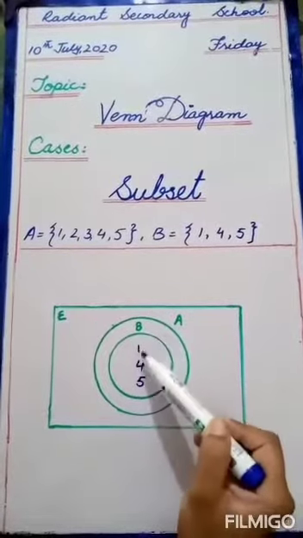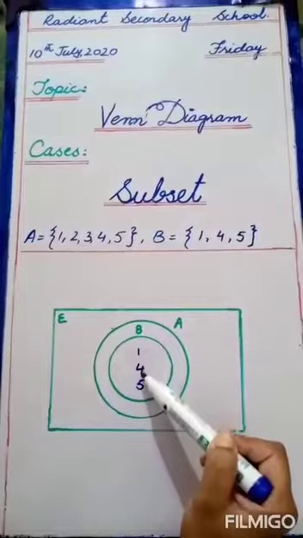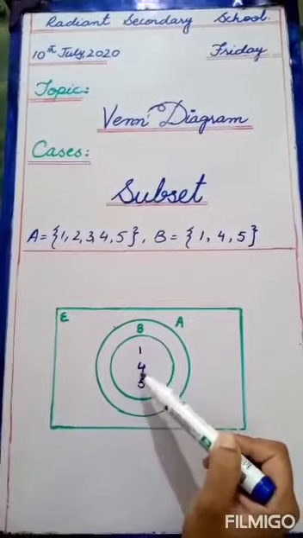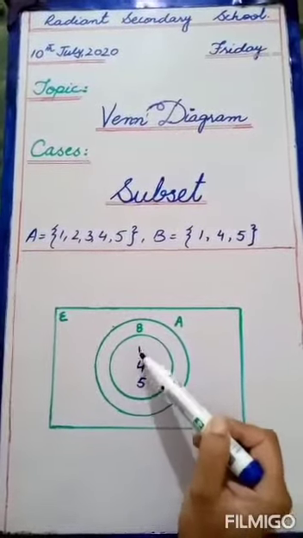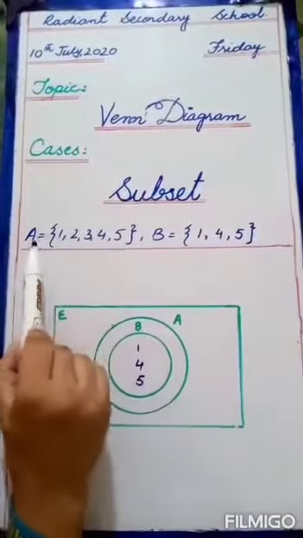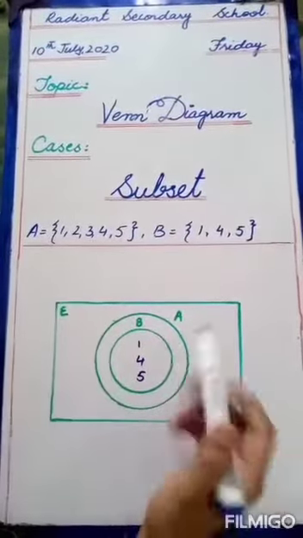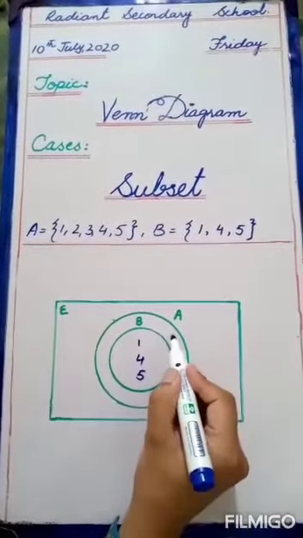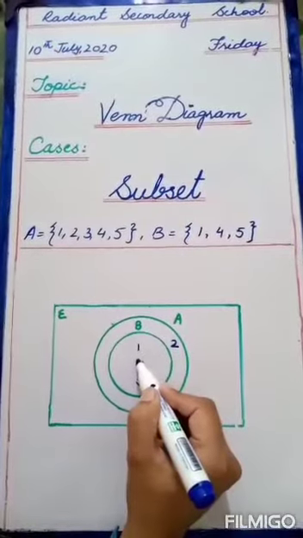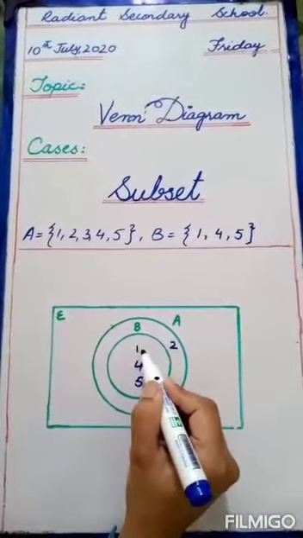So it means 1, 4 and 5 are also included in A. So we have written them, 1, 4 and 5. Now we will not repeat these elements 1, 4 and 5. We will just write the rest of the elements of set A. In set A, 1 we have written, then is 2, we will write 2, but now we will not write 2 in this set B, because this 2 is not an element of set B.